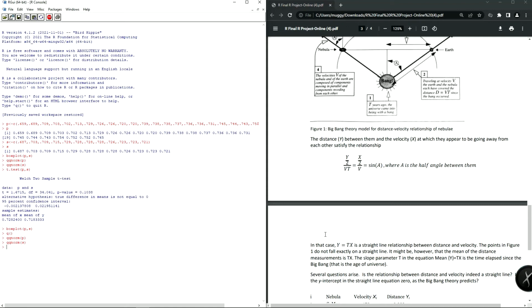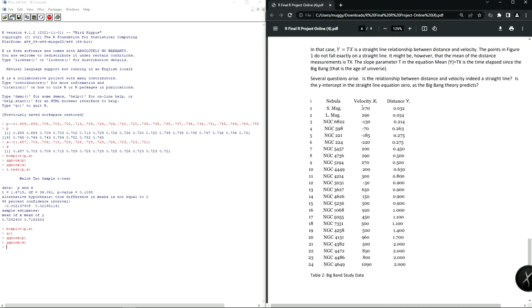They give us a lot of data on this one. Basically, you're going to have to type in those two values. So I'm going to start with that. I'm going to hit enter twice. I'm going to type in velocity. So I'm going to type in v, arrow key, dash, c, parentheses, 170, and I'm going to just do that entire list. So 290, negative 130, comma, negative 70, comma, negative 185, negative 220, negative 200, that's positive 200, comma, 290,